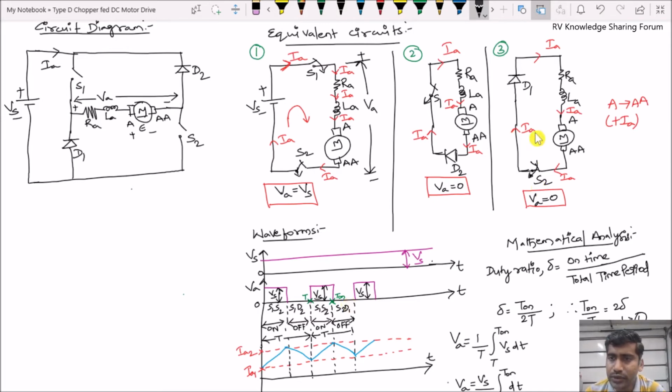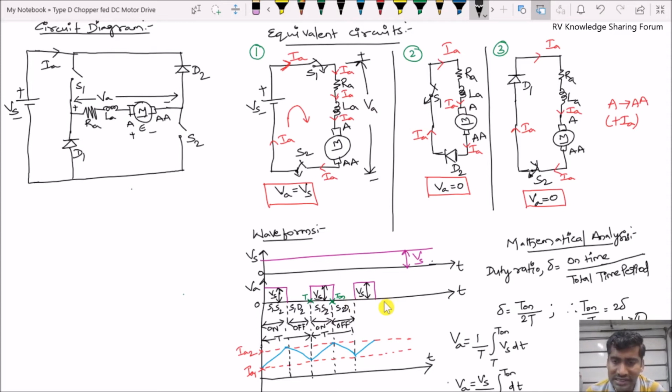If you observe the circuit, the current which is stored as the magnetic field energy in the armature inductance of the motor is freewheeling through the switch S2 and the diode D1. So when the current freewheels, the current decreases. Here the current is decreasing from the maximum value of IA2 to the minimum level of IA1. When the current decreases to the minimum level of IA1, the switch S1 and S2 are turned on again. From here, the new cycle starts. The cycle repeats. So this is how a type D chopper fed DC drive operates.